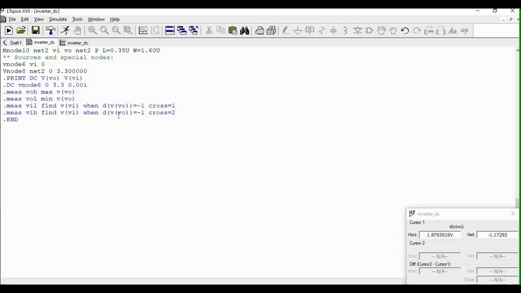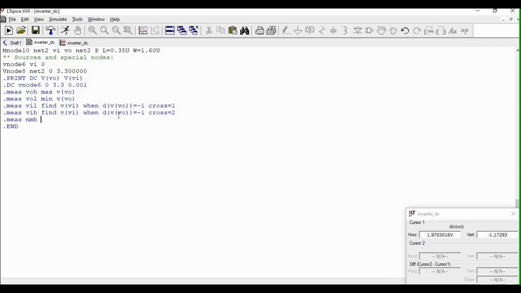So after getting VOH, VOL, VIL, and VIH, we can now also use this to compute for the noise margin. So measure noise margin high. NMH is just again a reserve word. You can use any reserve word. It is just a variable name. You can use any variable name if you want to write the whole term for noise margin high. So it's up to you.